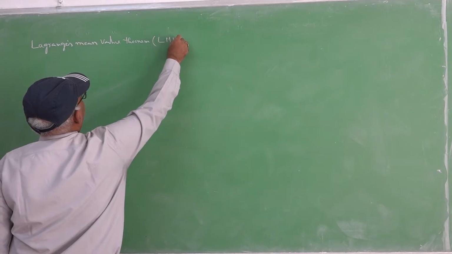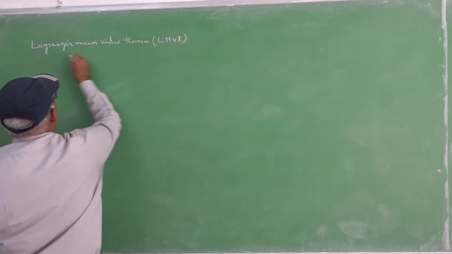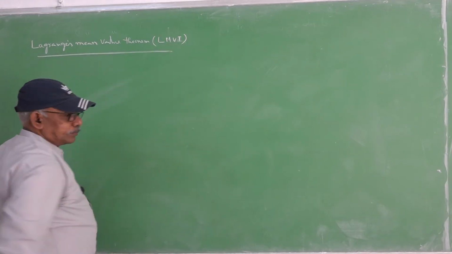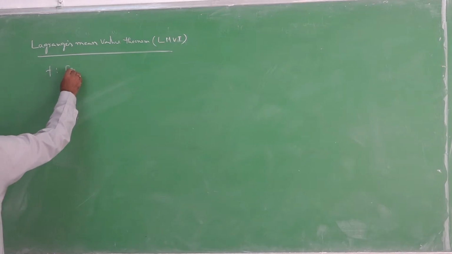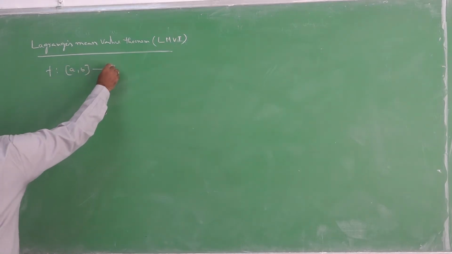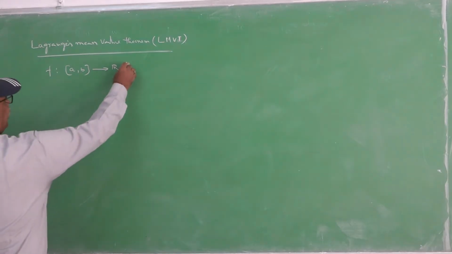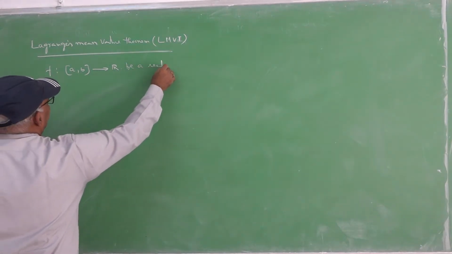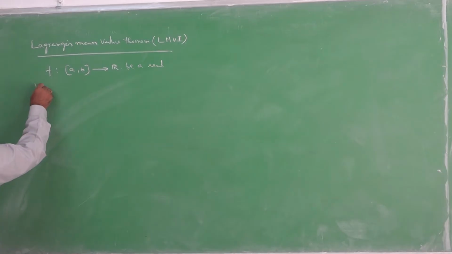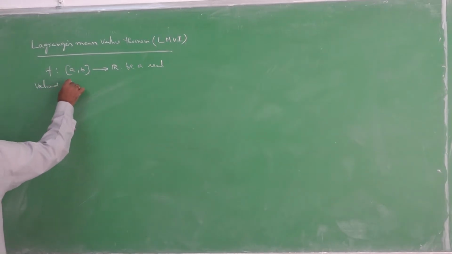Lagrange's mean value theorem, LMVT. Rolle's theorem is one mean value theorem and Lagrange's mean value theorem is another mean value theorem. In this one, let f from a to b be a real valued function defined on [a, b]